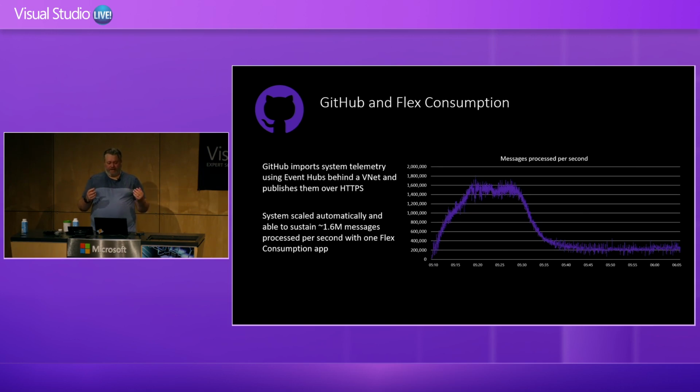and then looking at a big Event Hubs source for all that telemetry, and having Flex Consumption scale out to close to 1,000. I think they hovered over when they were at that peak of processing 1.6 million messages or events per second. They were close to 1,000 instances of the 2 gig instance size there. And they were all looking at one Event Hubs that had 900 or 1,000 partitions.